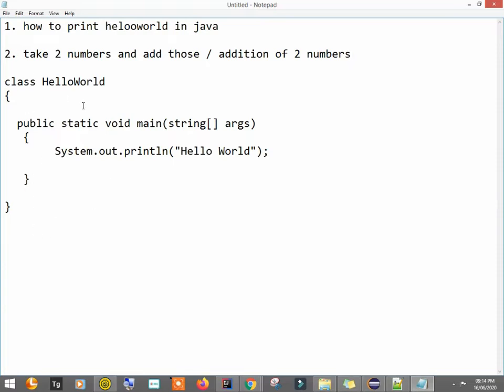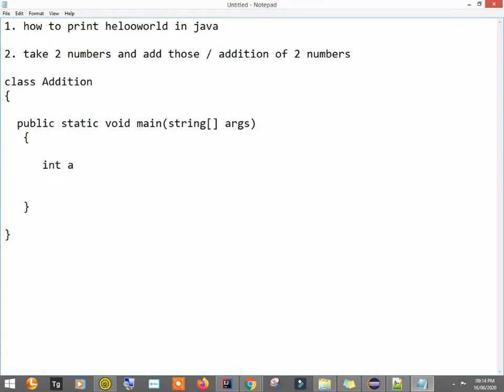So now I'll make some changes here only because we already have this file HelloWorld. So as we are doing addition, I'll name this class Addition. Okay, so inside Addition, I need two variables. Those will hold the values, right? So two numbers means I'll take two integers, right? So in Java you can define variables like this. If it is of type integer, write int